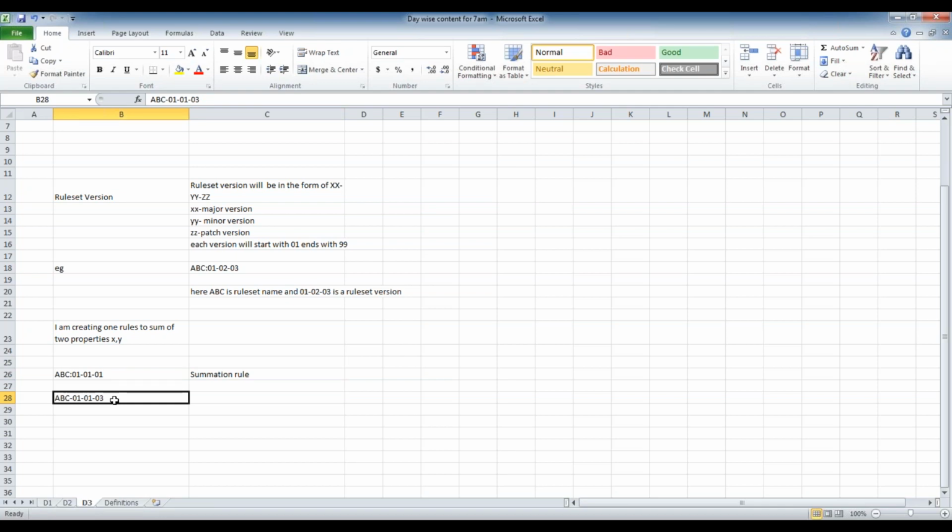Modifying it means overriding. In overriding, the rule name will be the same. That means the syntax is the same, and the semantics is the same. We are just changing the logic inside. The syntax, generally called the signature of the rule, is the same, but we are just changing the body of the rule. So that is called overriding. So during execution, the system will always pick the latest version for that rule.